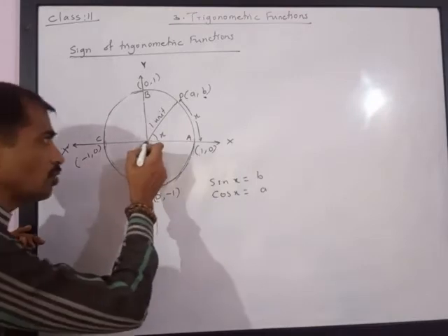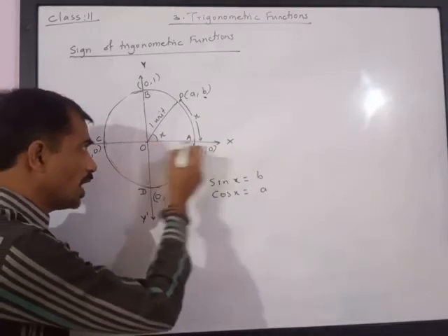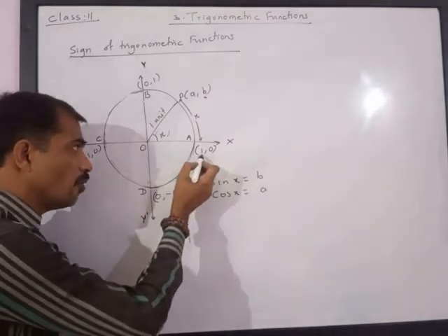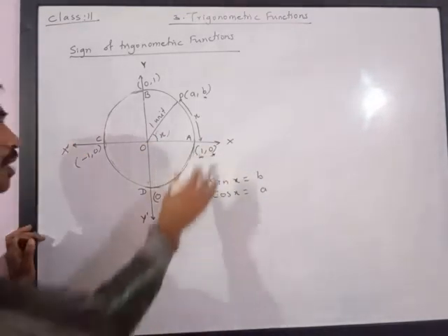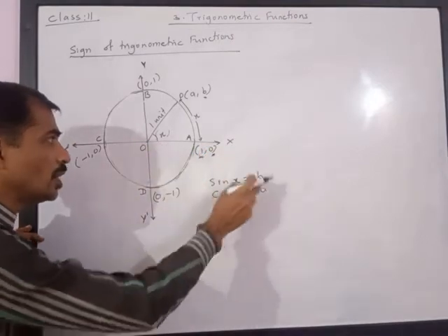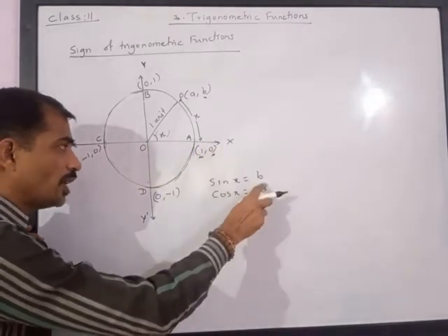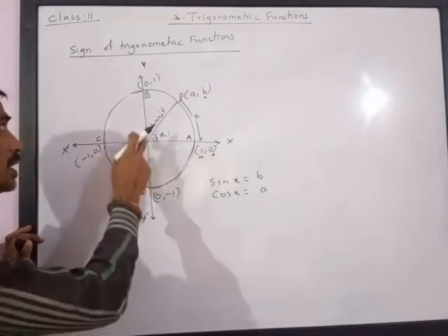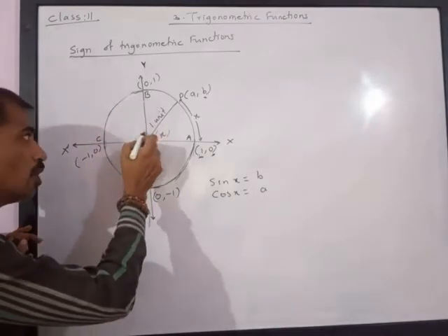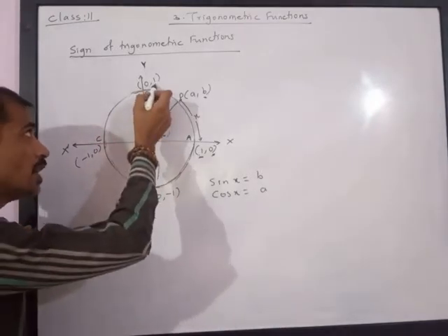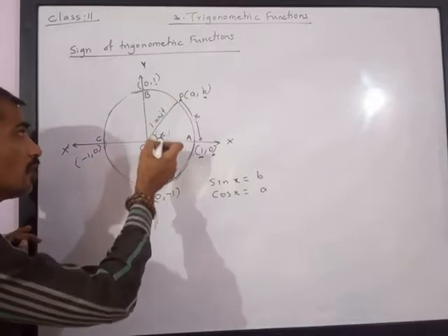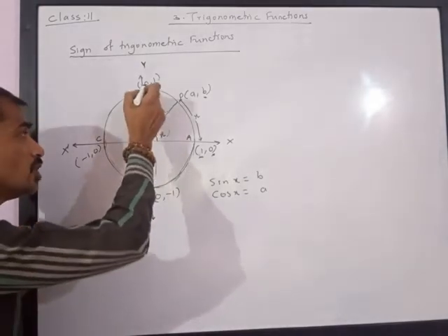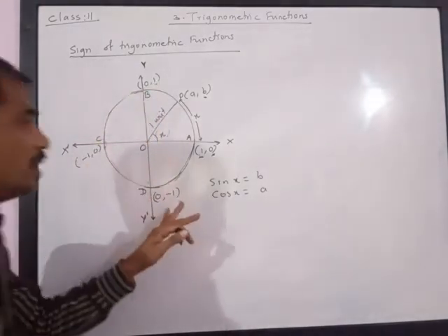Now from this we have also found that for sin 0, if this x value is 0, the x coordinate is 1 and the y coordinate is 0. So we have got sin 0 is equal to 0, that is the y coordinate, and cos 0 is equal to 1, that is the x coordinate. Then sin pi by 2 or sin 90 is equal to the y coordinate, that is 1, and cos 90 or cos pi by 2 is 0, that is the x coordinate. This is what we have already studied earlier.